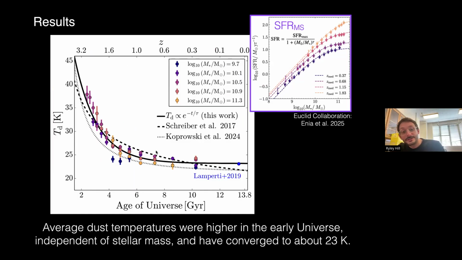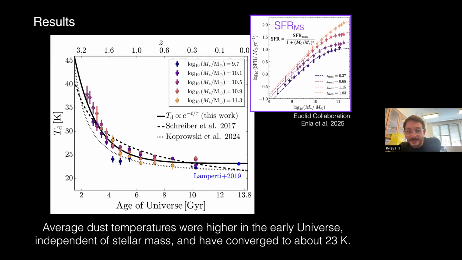Another interesting thing you'll see is that it doesn't really matter what the stellar mass of a galaxy is. The dust temperature is the same. So the average dust temperature of a galaxy doesn't care about the dust mass. At a given redshift, galaxies of all stellar masses have basically the same dust temperature on average. And it agrees really well with this exponential model here,